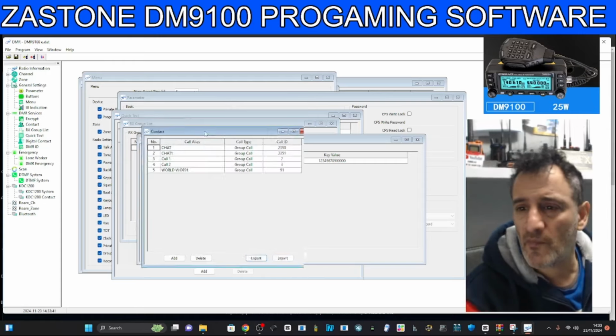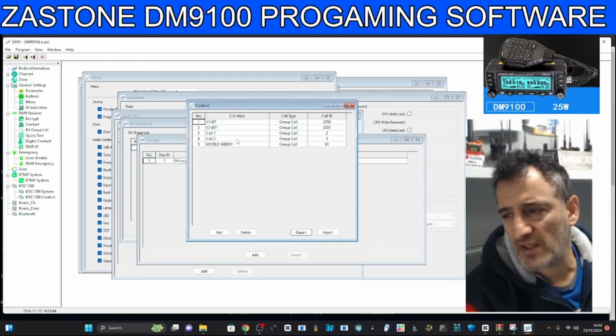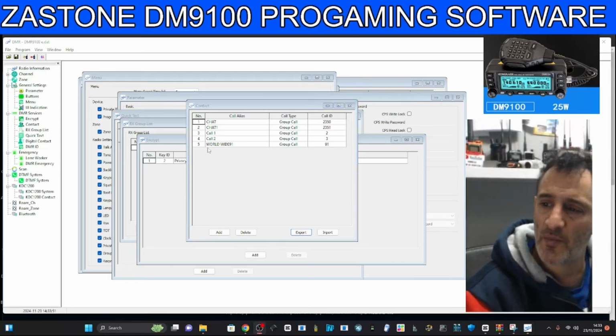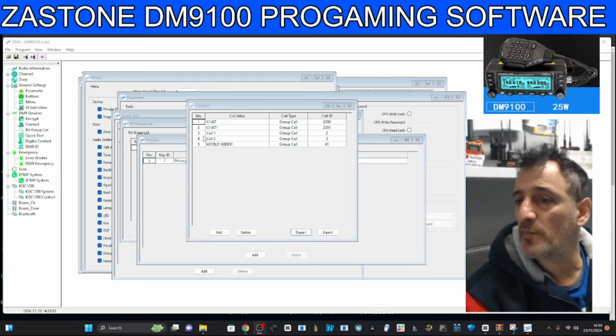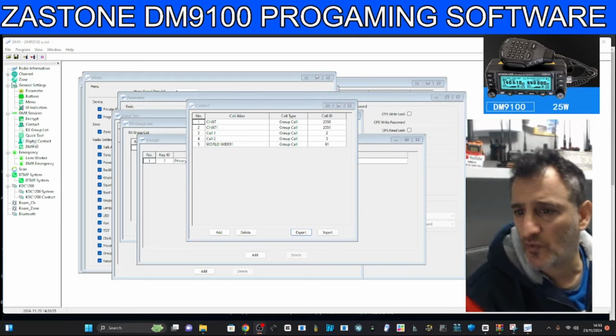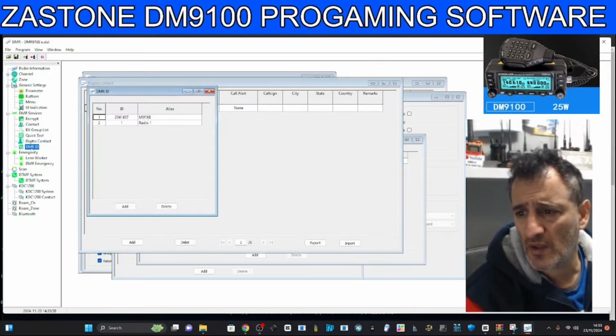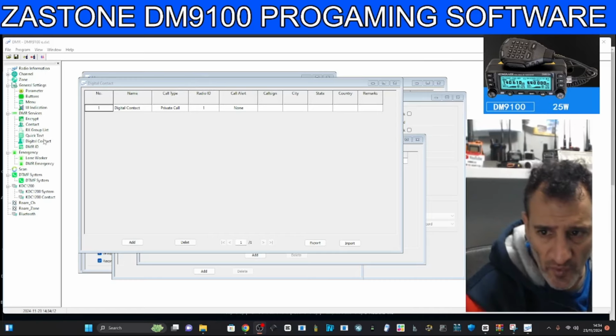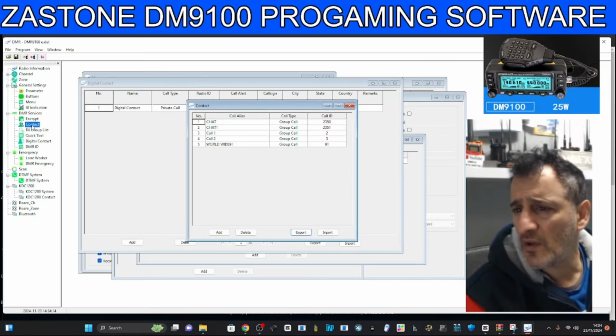Thing is, to be honest with you, that isn't actually the data, the contacts that I want. Because you've got different kinds of contacts. You've got the contacts which are the talk group numbers. Then you've got the contacts of all the people. And that was actually the one I wanted. So if we go here, no, it won't add. I think that's going to be the downside to this radio. You can import the digital contacts of the different talk groups, but when it comes to loads of people,